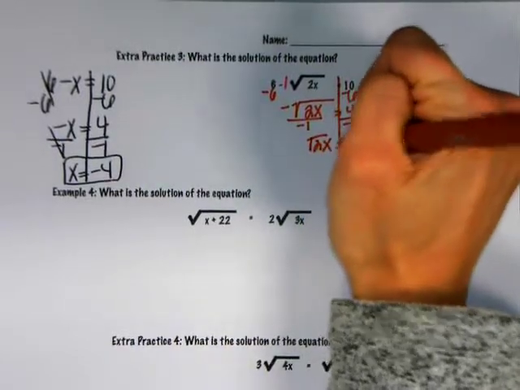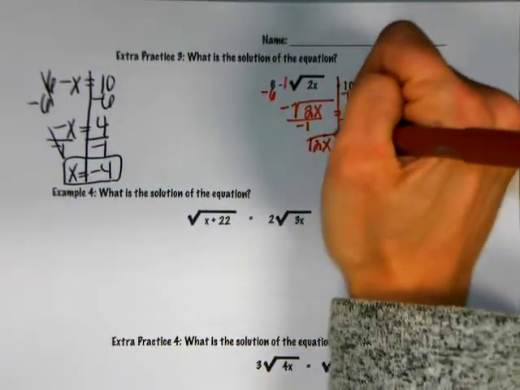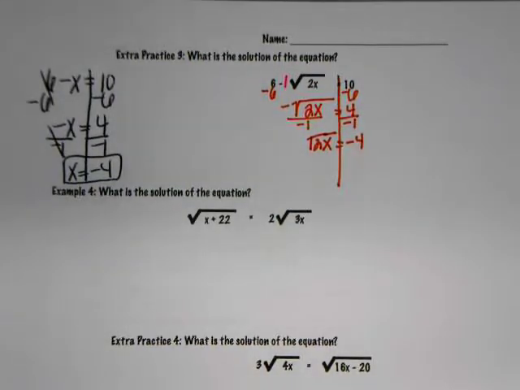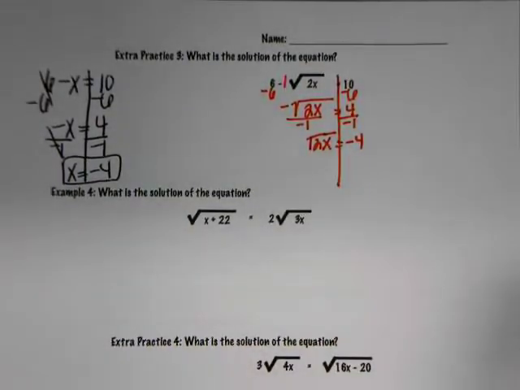So radical 2x equals negative 4. Right here, since the radical is by itself and it equals a negative, what do you know the answer to be? No solution, right? So you can just immediately go no solution. If the problem asked you what the extraneous solutions were, then you'd want to keep solving to say what they are. So if I were to keep solving this,